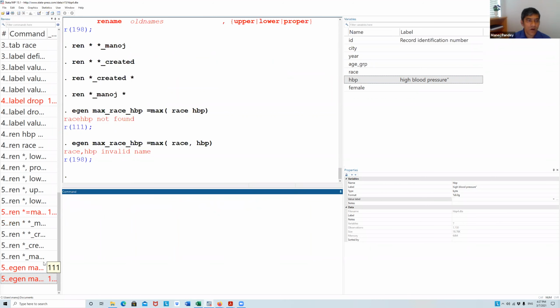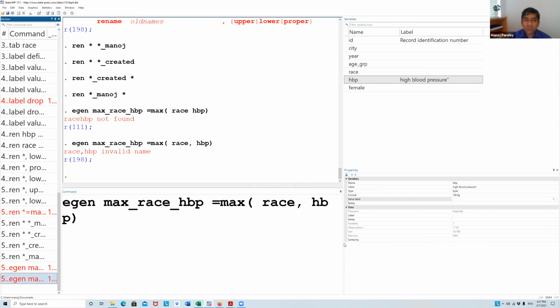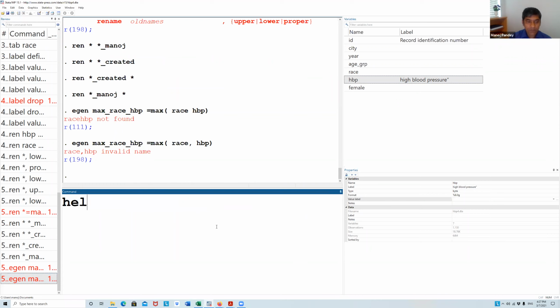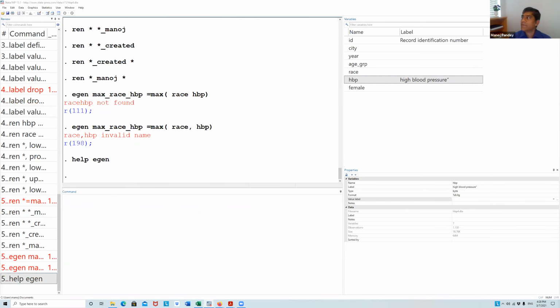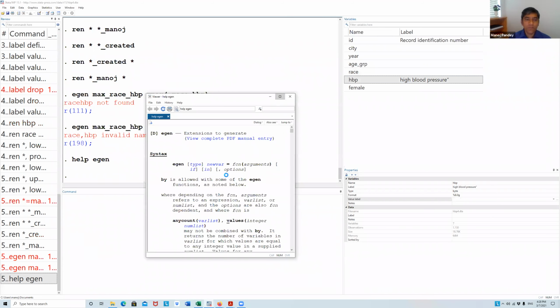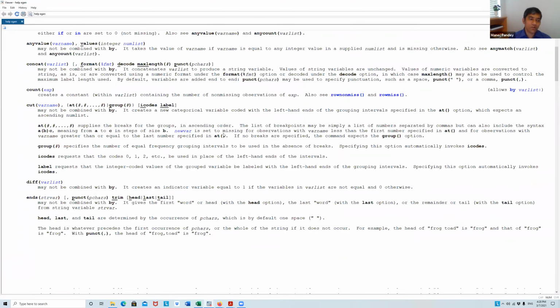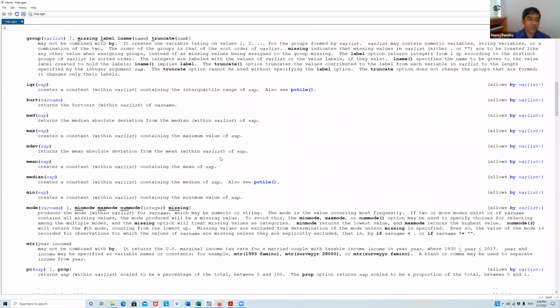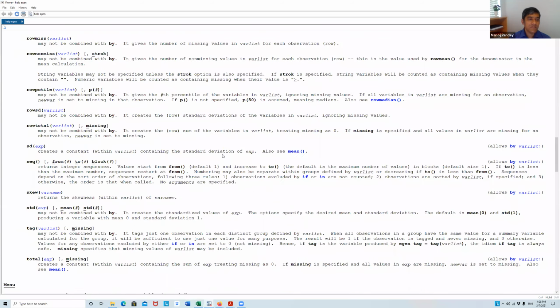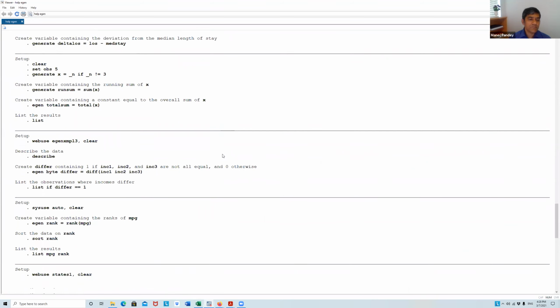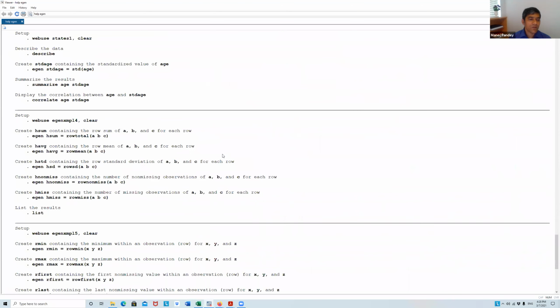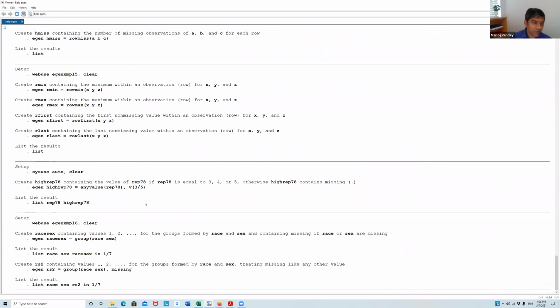Can we do this? No. So we really don't know what is happening here. Okay. So what I will do is I'll send it to help. Now Stata will tell me that you have forgotten something, and that is why it gave you the error. Okay. So you can see, always go first to the example and see if it is there.